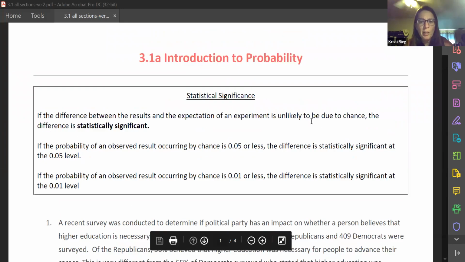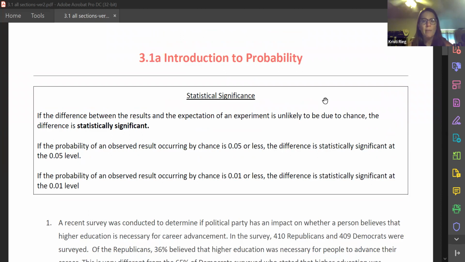So here we have 3.1 Introduction to Probability, and we're going to start off by talking about statistical significance. So it says, if